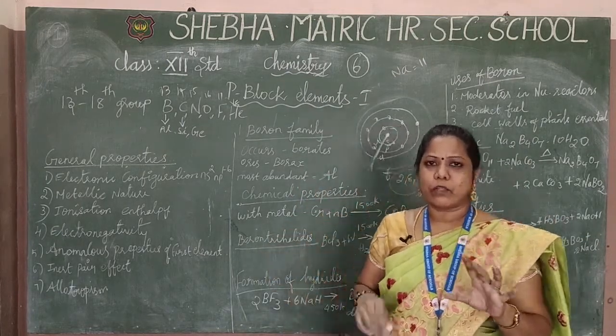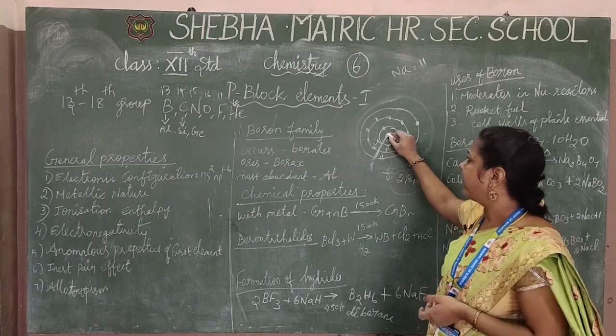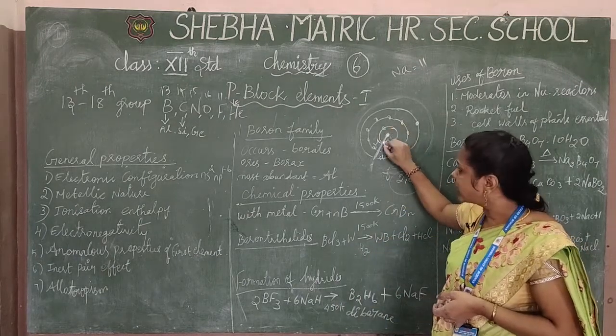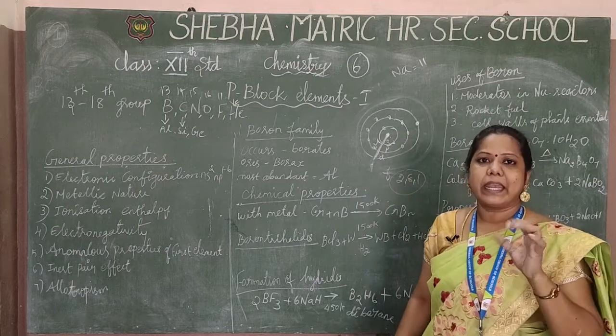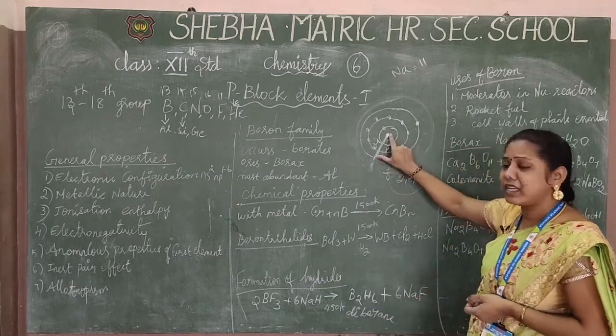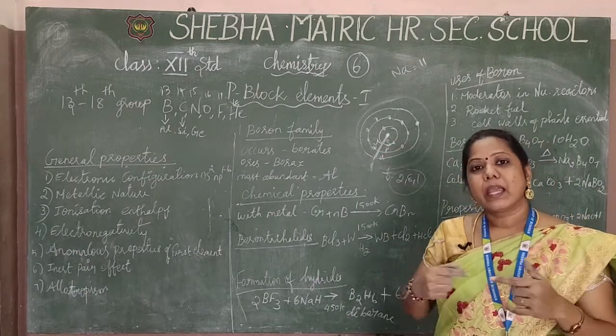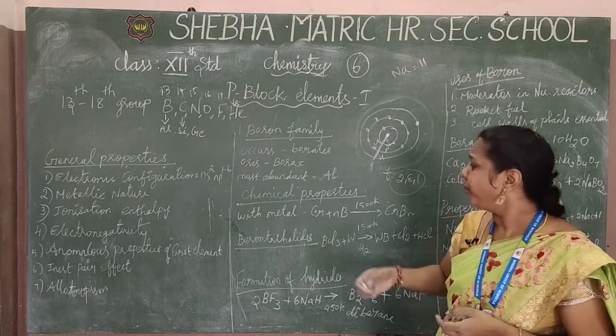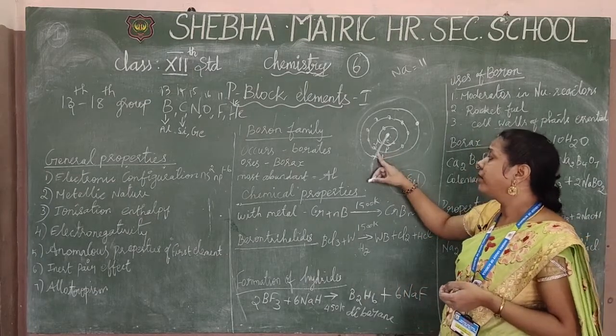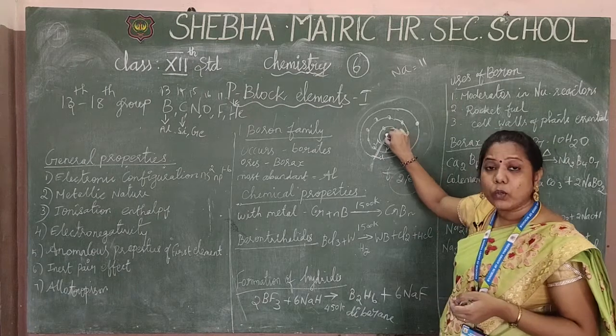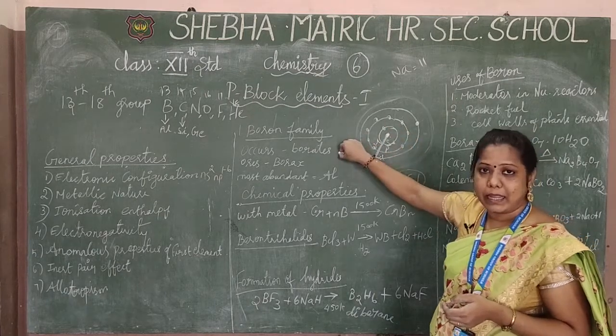So orbits, as many as come, according to that you draw the orbits. From the nucleus to the outermost, this distance is what you call the radius of the atoms. Depending on this distance, the ionization energy level can be calculated. How we can calculate the energy level means, that is we want to react with other elements.